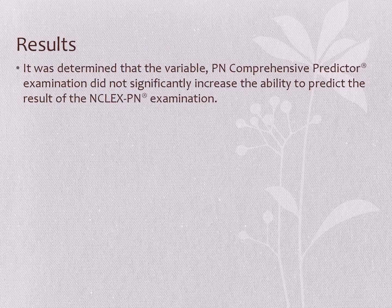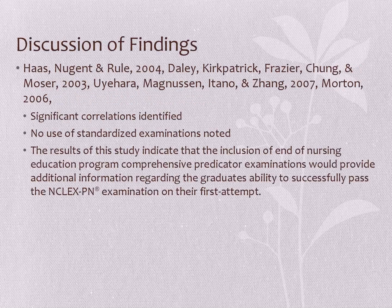It was determined that the variable PN comprehensive predictor examination did not significantly increase the ability to predict the results of the NCLEX PN exam. As the findings relate to the literature review,